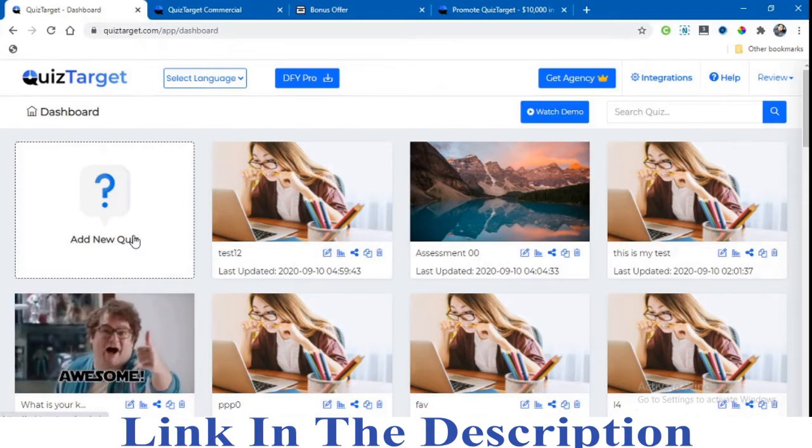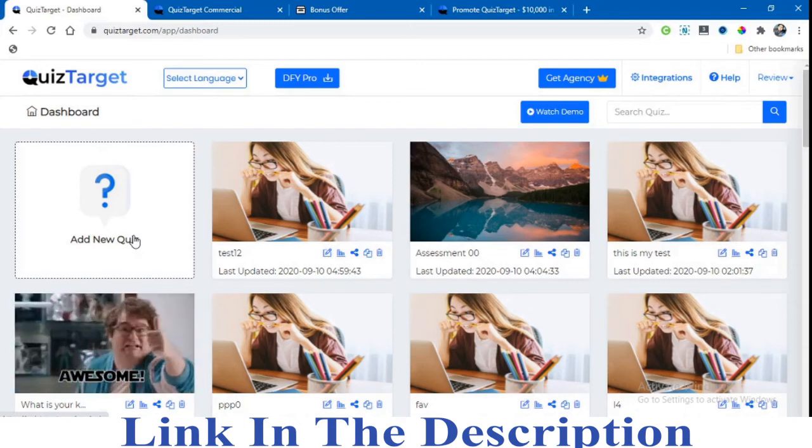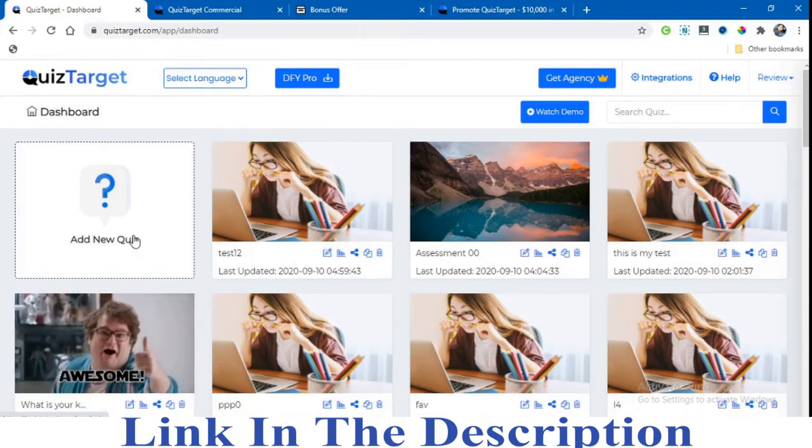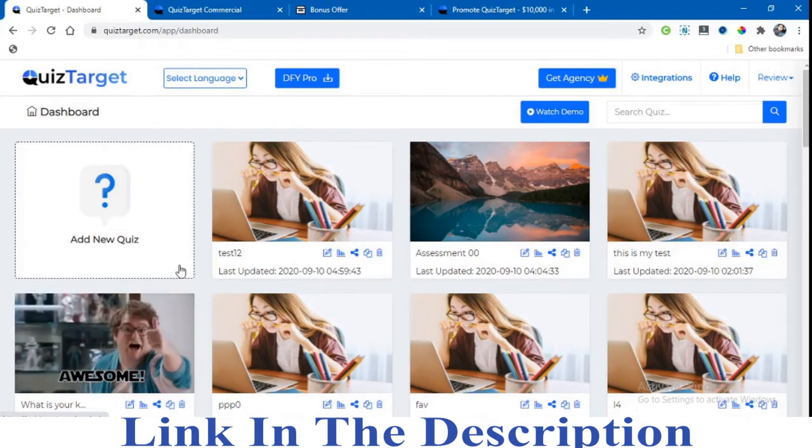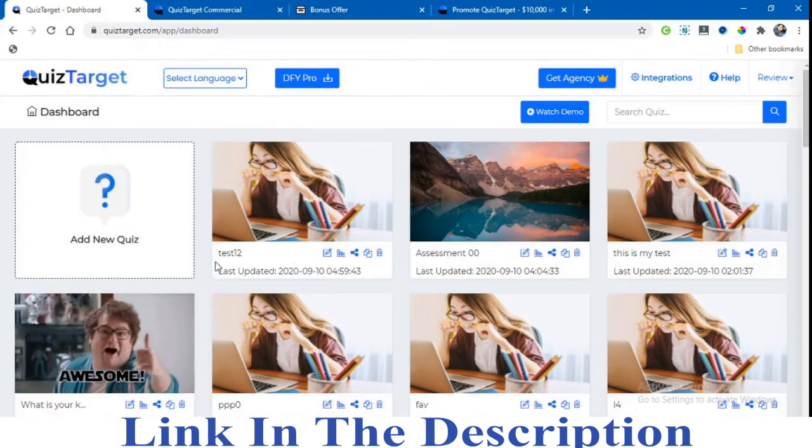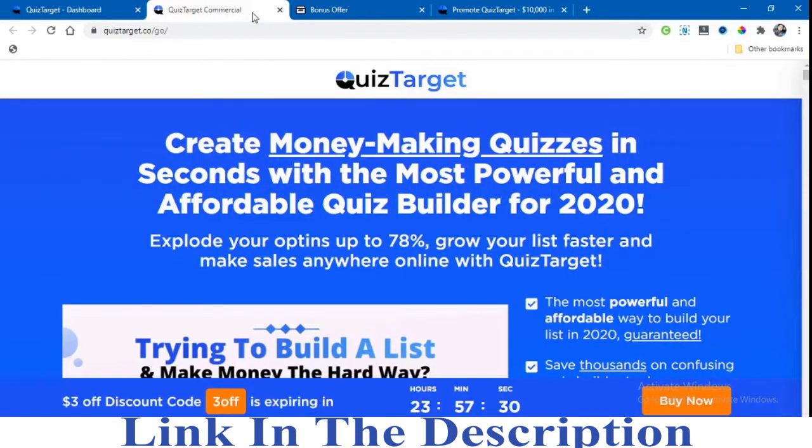With this advanced quiz builder and logic branching features, you can give a tailor-made custom offer, services, or products to quiz takers based on their response. This is one of the many powerful features of Quiz Target. Boost email opt-in rate and conversions by up to 78%. So without further ado, let's make a quiz funnel and see how it works.